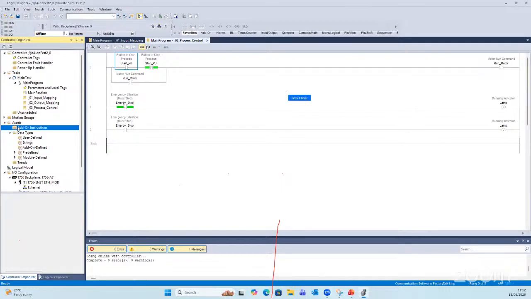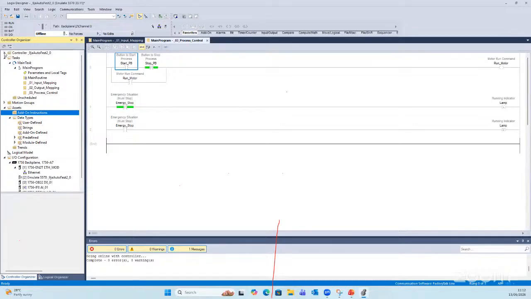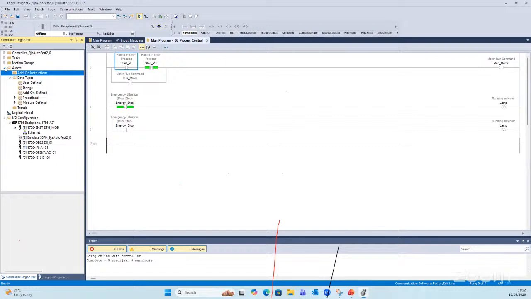When you look at your project tree here, like I said, your controller, your controller files, your tags files, then assets. Under assets, that's where you have your add-on instructions and your data types. Aside from the data types that come with your logic designer officially, the boolean, the real, integer, double integer, and several other strings and all of that,